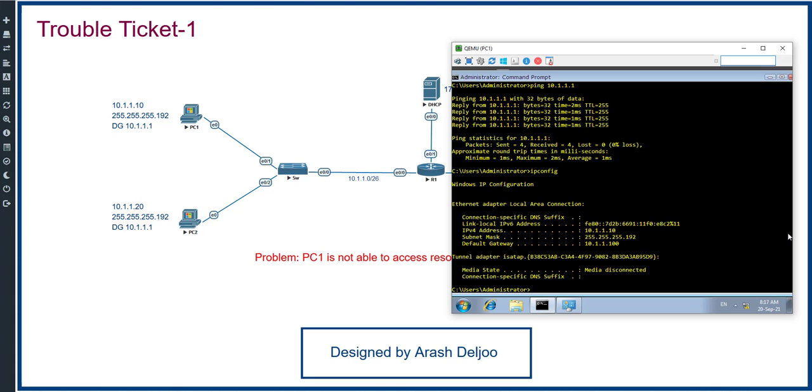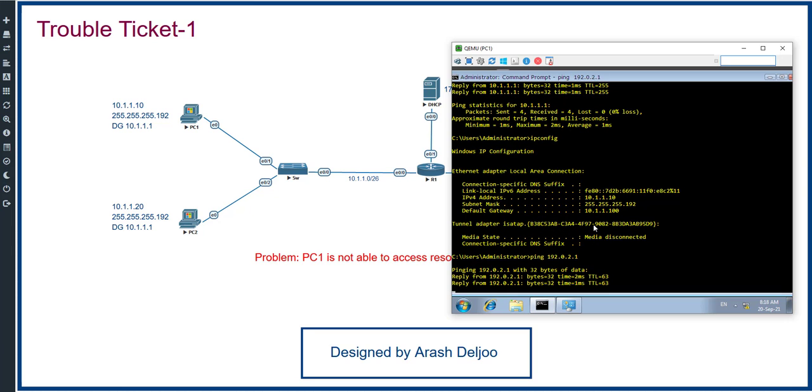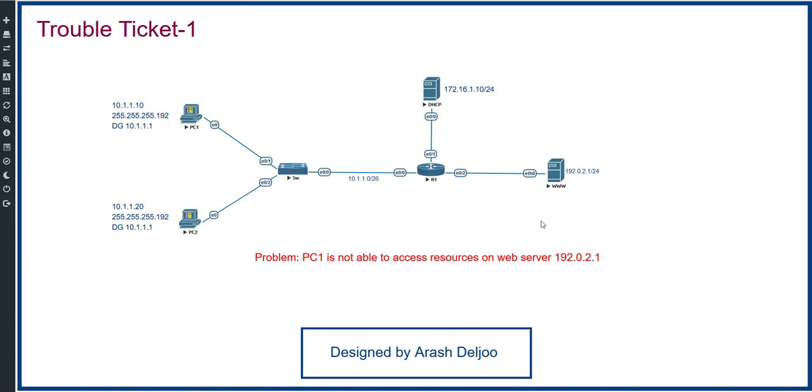Maybe this is the only problem. Maybe we have more than this problem, another problem. For example, ping to 192.0.2.1. As you can see, we have the connectivity. This means that the only problem is the incorrect IP address of the default gateway, that we found and